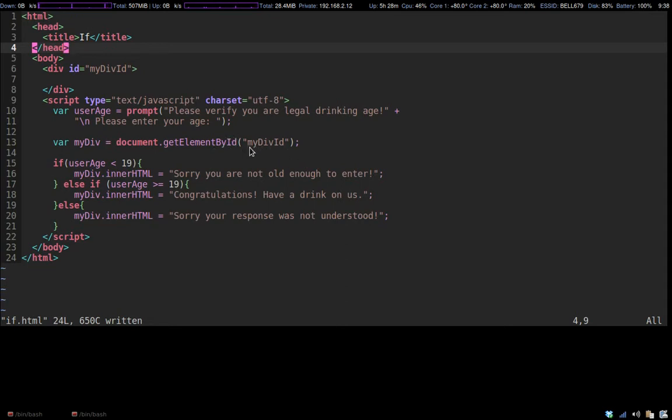So because I've written myDivID, it's going to go through the whole document and find an ID that says myDivID. If it finds it, it's going to put it inside a variable that I've given the name myDiv. Underneath that is where we have our if. So after they've entered in their user age, we're then going to be running some conditional tests on it just to make sure that they are over the legal drinking age, and if they're not,